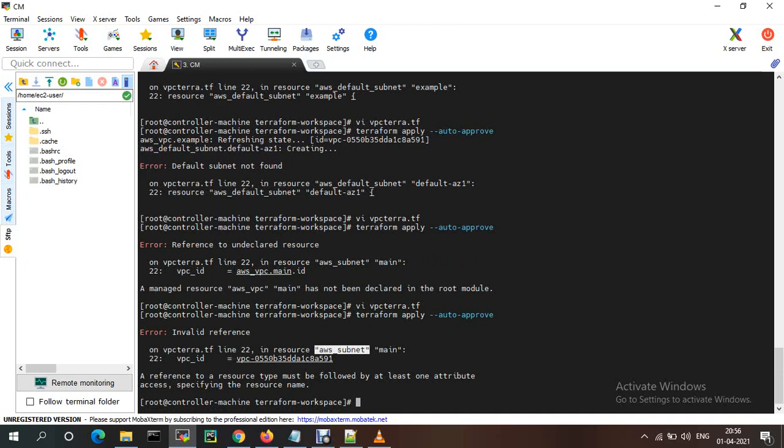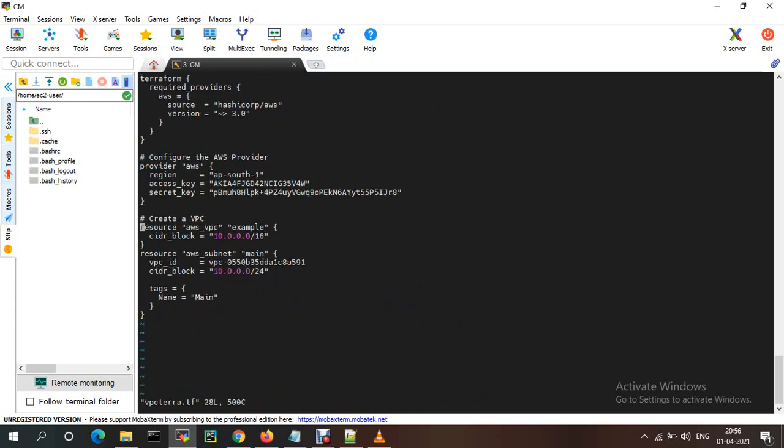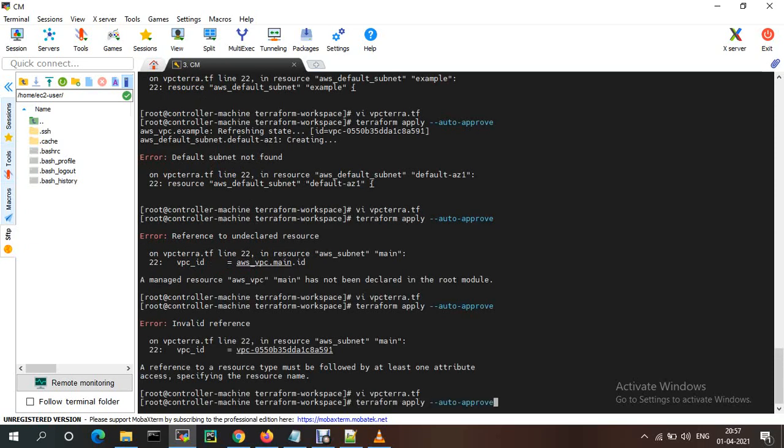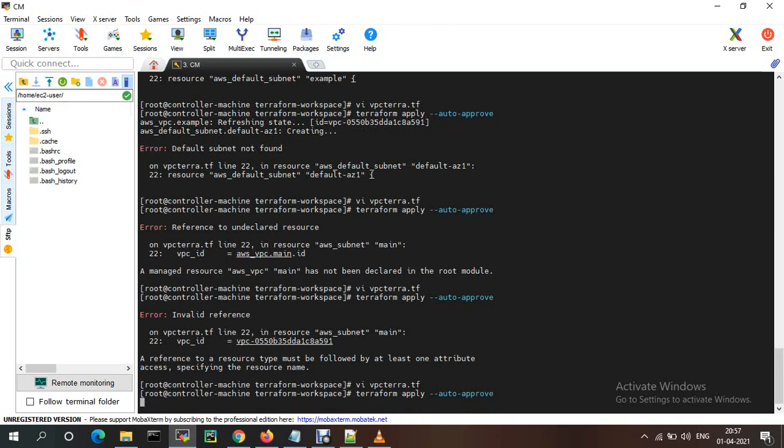Subnet main, it's not main, right? So however we are creating the subnet manually, we just need to be aware of what tags we need to provide.